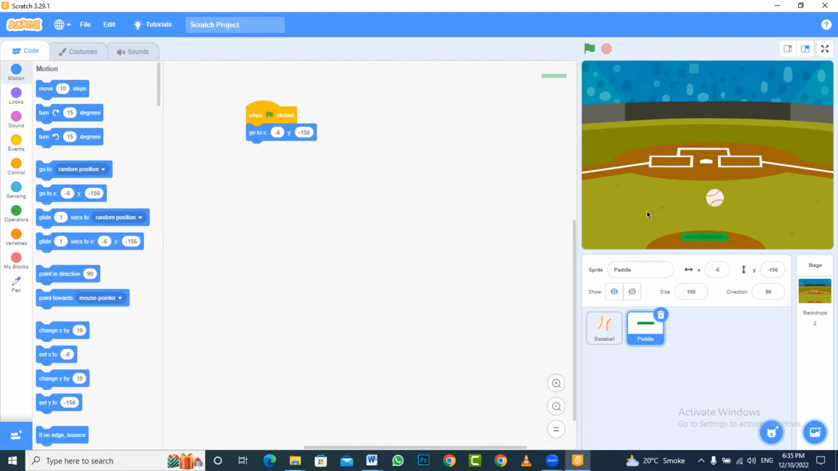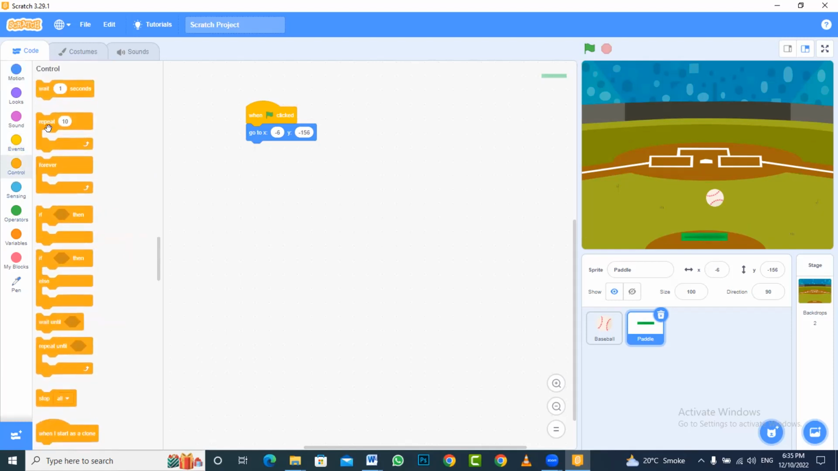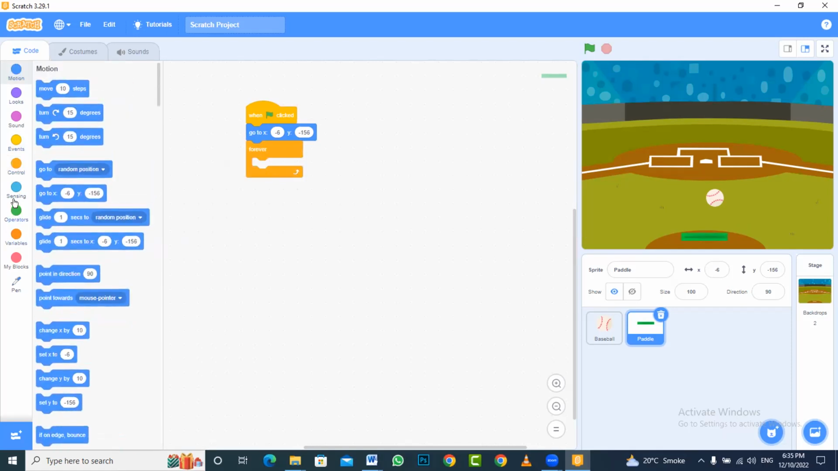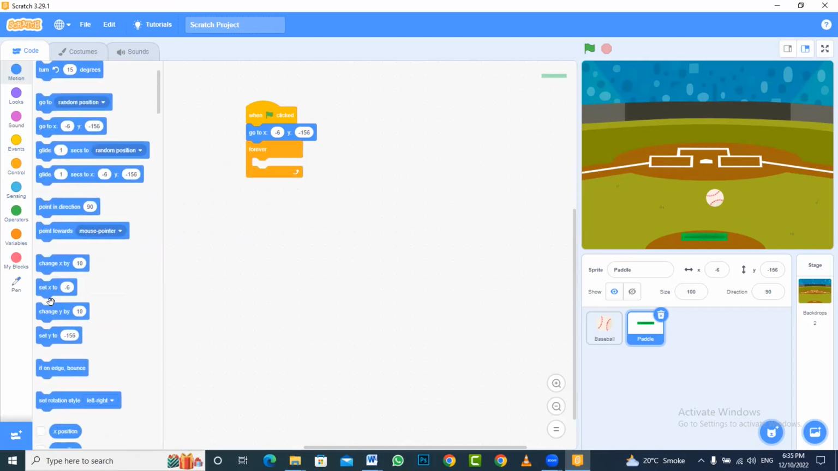After you have done that, we will now try to make our character move. Moving our character is very important. So how do we move our character? As I told you, we are going to move our character with the mouse this time. Wherever I take the mouse, the paddle follows my mouse. That can be done by using again that control block which says forever. So always your character is going to follow your mouse, and all you need to do is change its x values. You would say set x to,